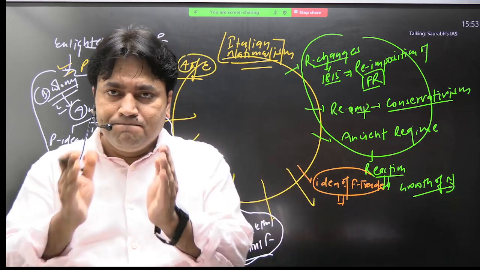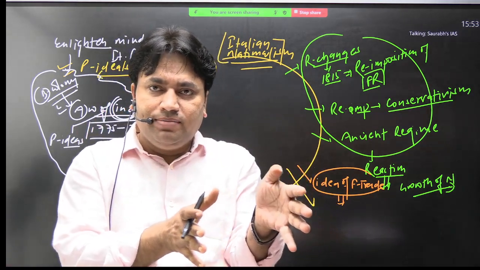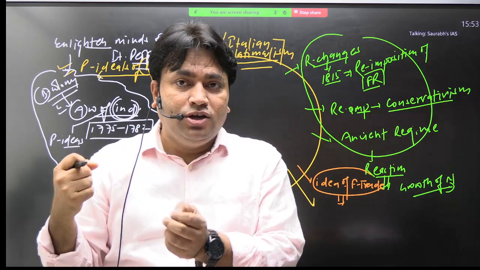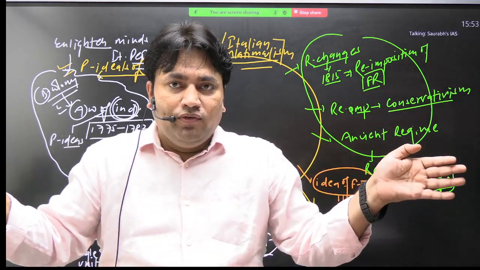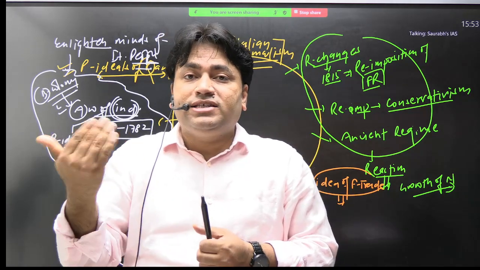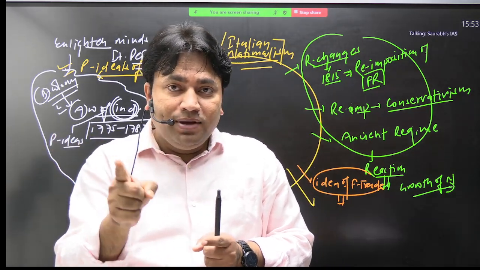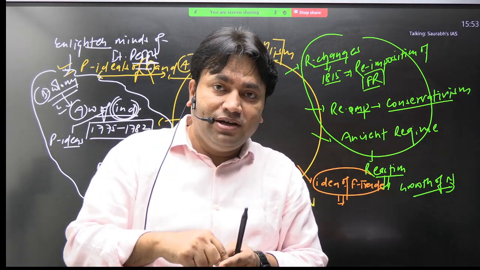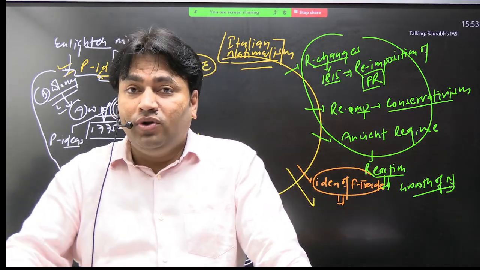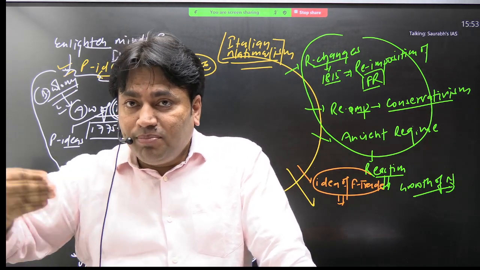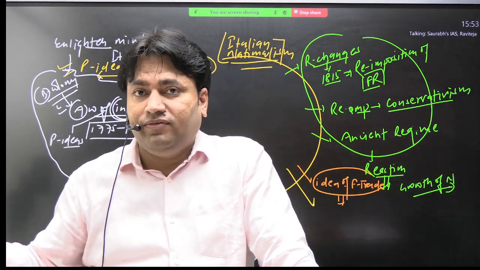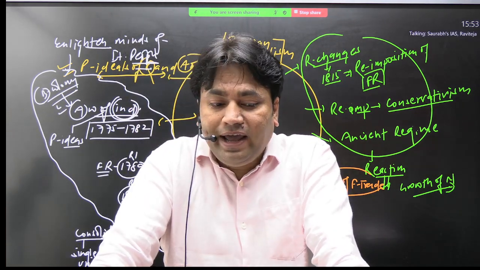So dekho, when Napoleon was ruling, what happened? Napoleon conquered these smaller territories. They became part of a single unit. So custom barriers were removed. So trade and commerce will be smoother and less expensive, yahi hoga na? But what will happen when Napoleon goes? Napoleon will be defeated. These territories will again be divided and distributed among European powers. So batao, new custom barriers will come or not? Multiple custom barriers will come or not? And this will make trade and commerce more expensive. Delayed trade and expensive trade.